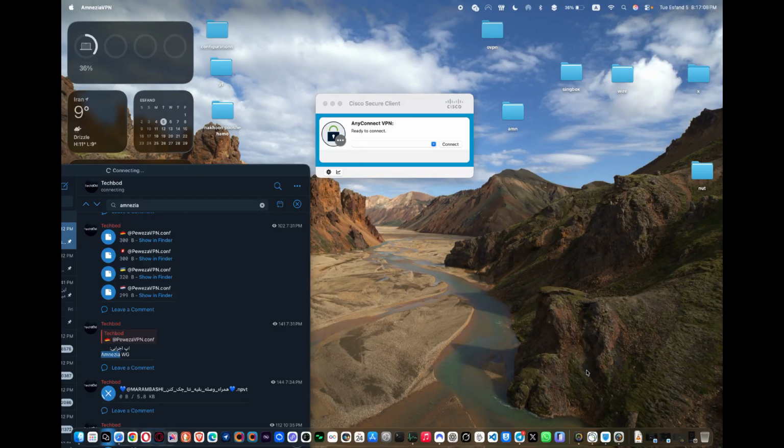In this video, I wanted to introduce you to 4 VPNs. Two of them are free VPNs, which you can just connect by clicking on connect, but two others need configurations, which you can find across the internet, or if you can't, you can just join my Telegram channel, which you can